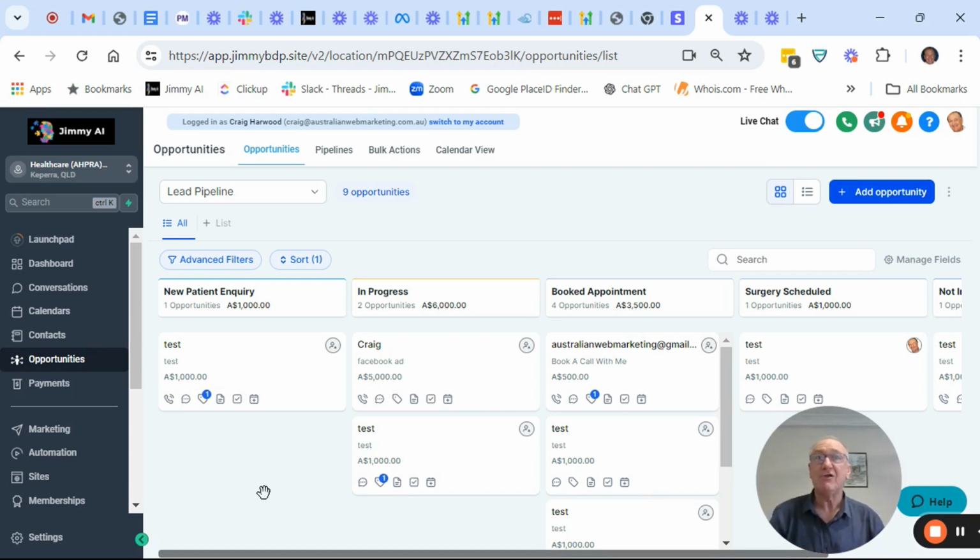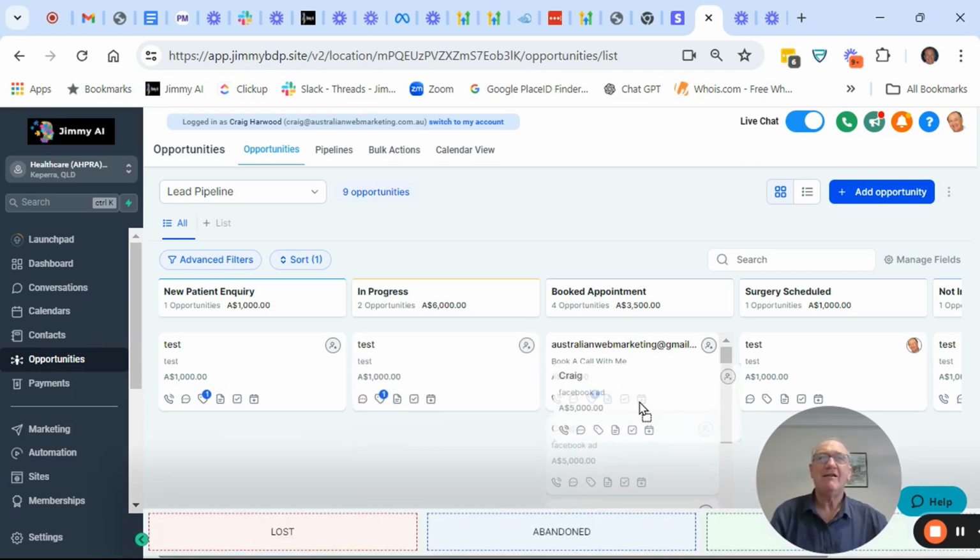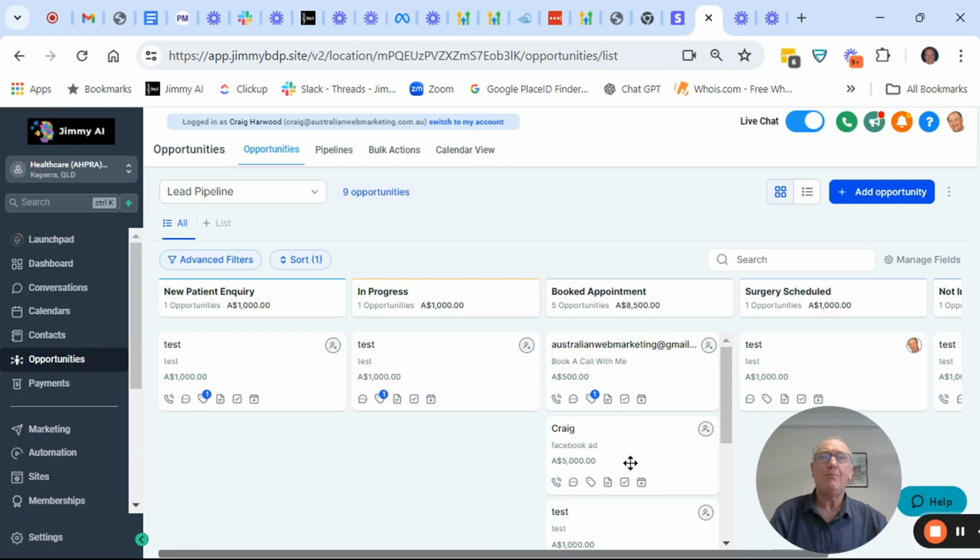So this is really, really cool. You get to see where everyone is in your process at any one time. But it's even better than that because it's all automated as well. So someone comes in this stage and then they move through largely automated. So for instance, if someone books a call in my diary, they automatically get moved by the system from here to there. And then I know that person's in there, they've booked a call,